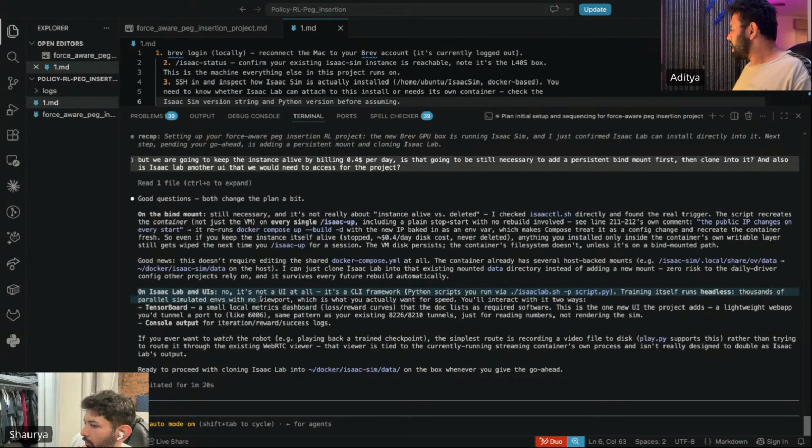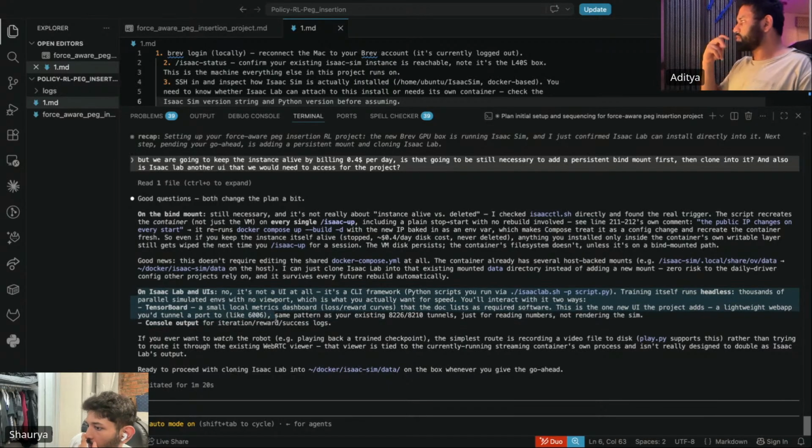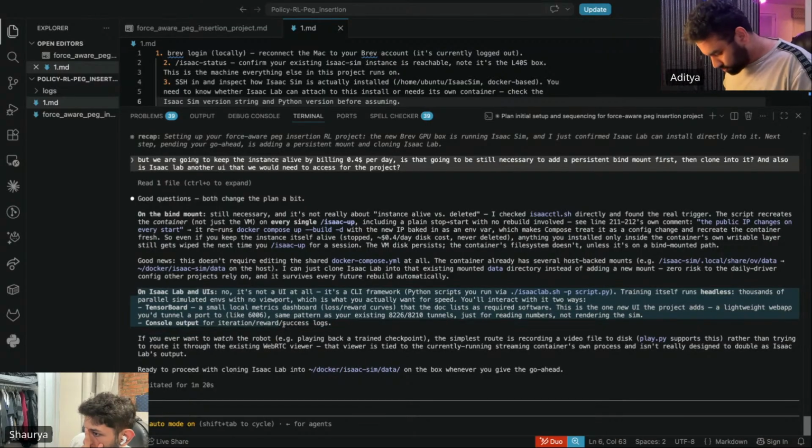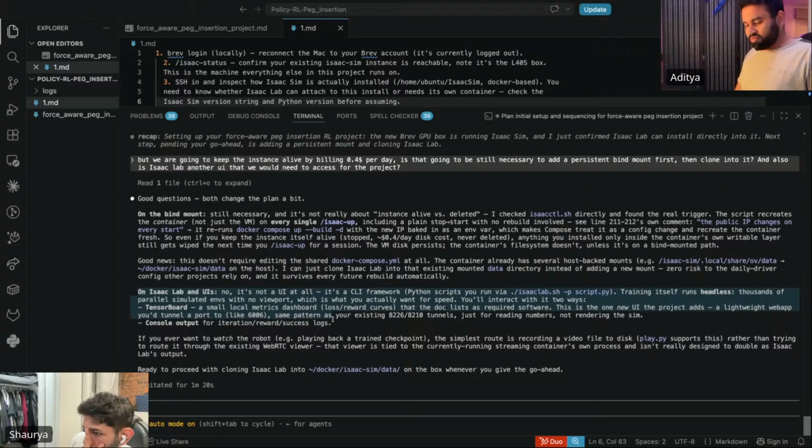Thousands of parallel simulated environments with no viewport. So what you actually want for speed, you'll interact with it two ways. TensorBoard, a small local metrics dashboard showing loss and reward curves, which the docs list as required software. This is one new UI the project adds, a lightweight web app. You tunnel a port like 6006, same pattern as your existing one, just for reading numbers, not rendering. If you want to watch the robot,